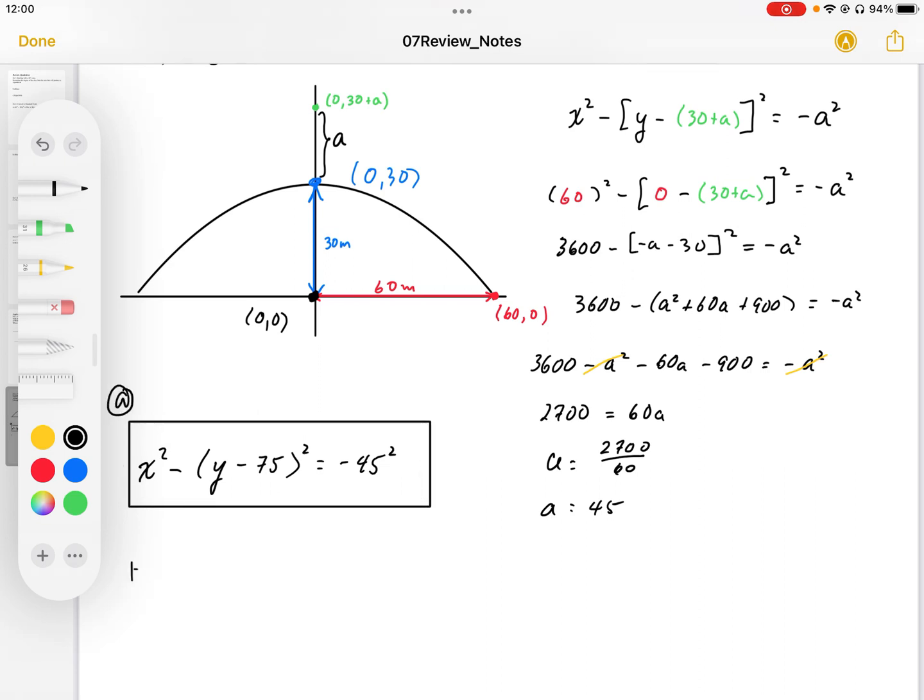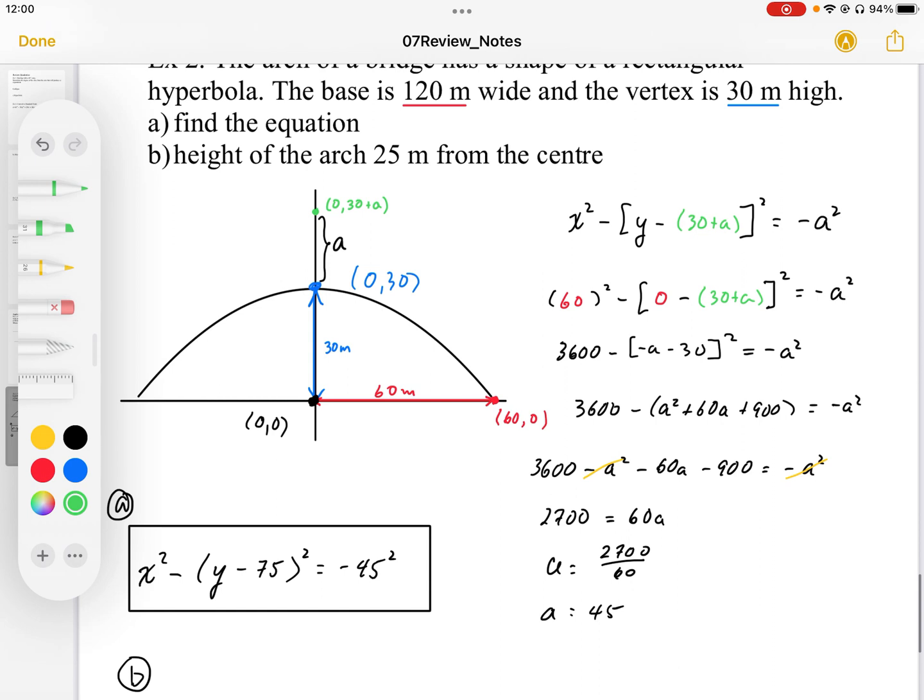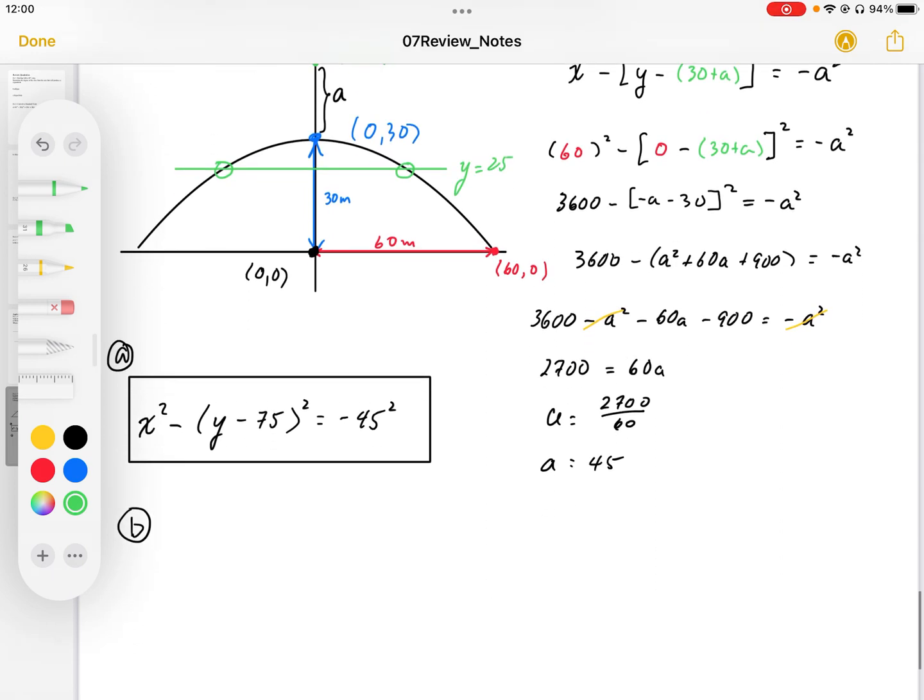For part B of this problem, what we want to do is find the x-coordinate when the arch is at 25 meters. So maybe somewhere around there. I want to know the x-coordinate here and here. Well, to do that, we know that y is equal to 25. So we're just going to plug that into my equation and solve for x. So I end up with x squared minus, well, y is 25,